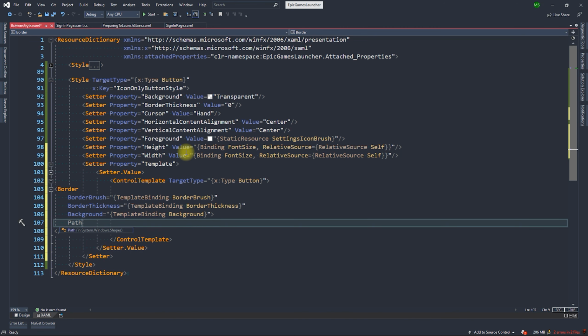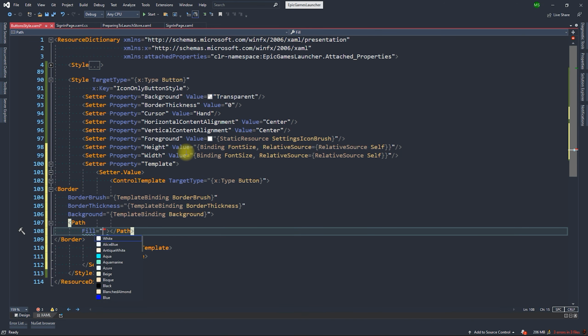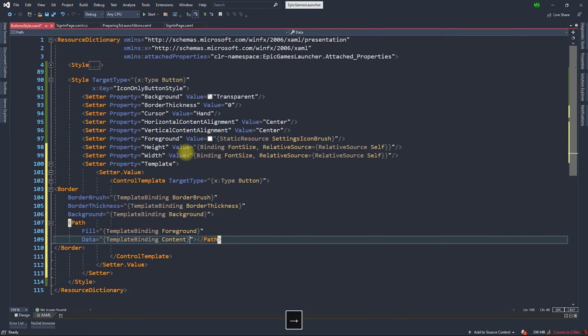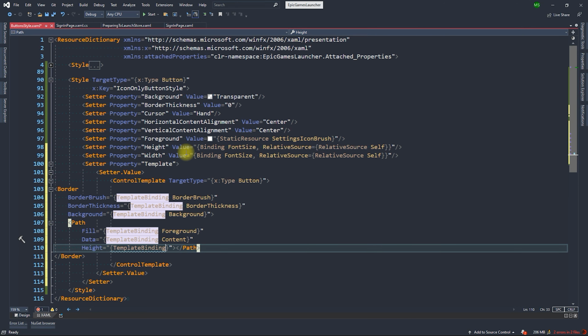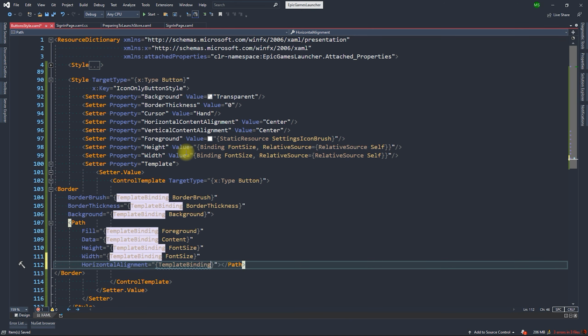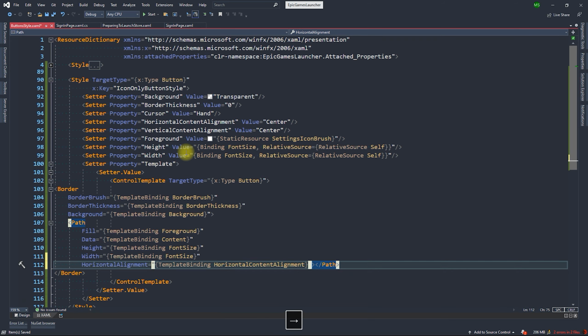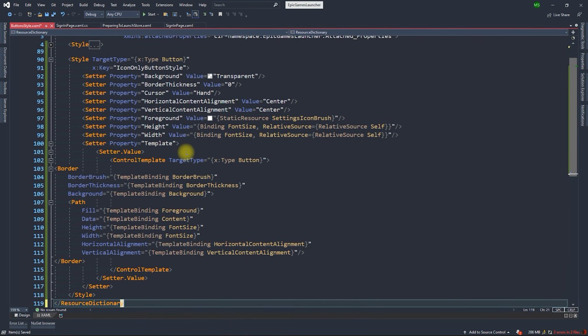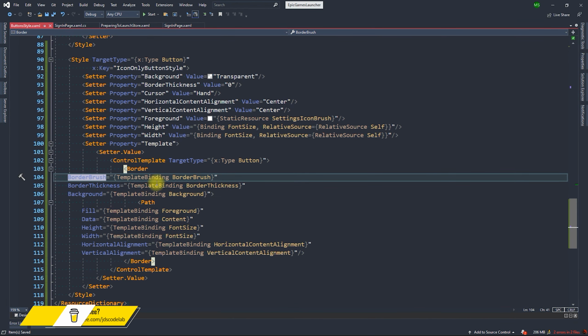Next add a path with the fill property template bound to foreground, data template bound to content, and height and width template bound to font size. And finally template bind the horizontal and vertical alignment to horizontal and vertical content alignment. That's it. We only want to show the icon, so we don't require a content presenter here.